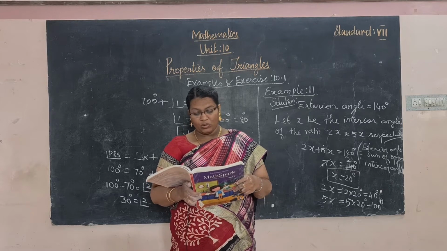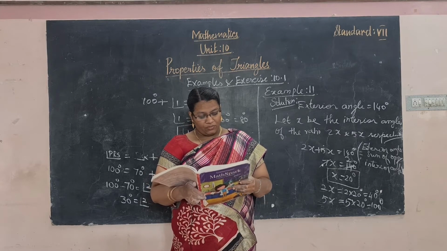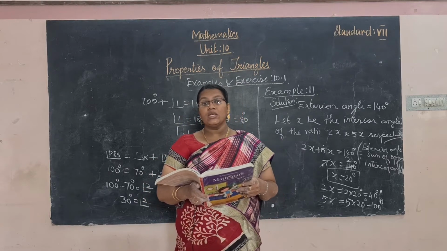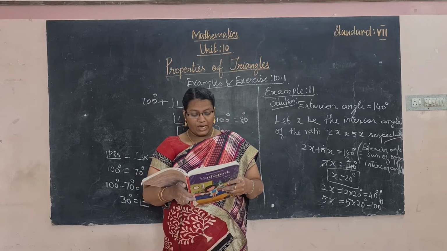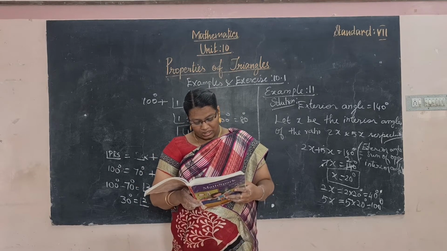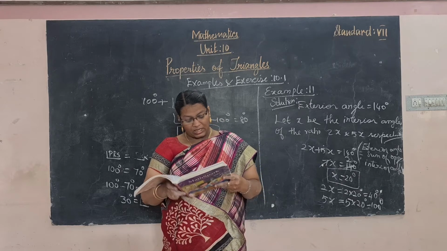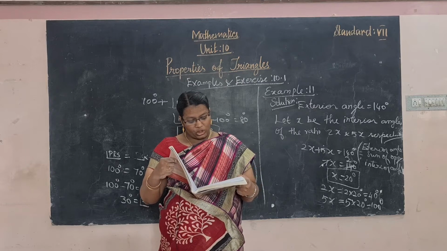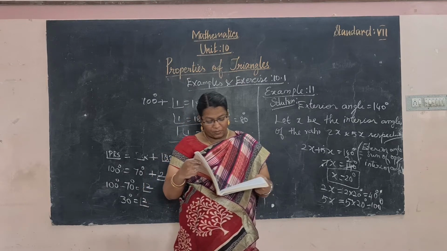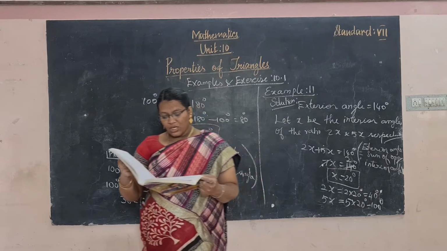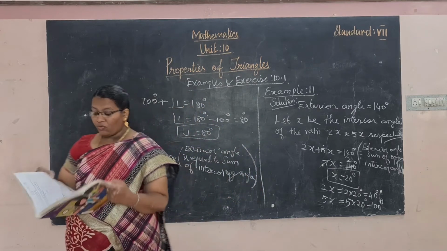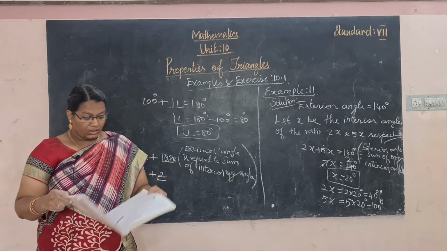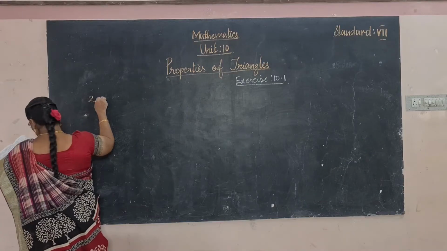And next you will move to the exercises. Problems are completed. Now move to exercise 10.1. Find the measure of x in each of the following figures. It is a very easy one; we use the angle properties of triangle to find out the value of x. And next one, second: sides AB, BC and CA are produced to Q, Z, R, X and P, Y in the following figure. Observe the given figure and answer each of the following. One figure is given. First I have to draw that figure.